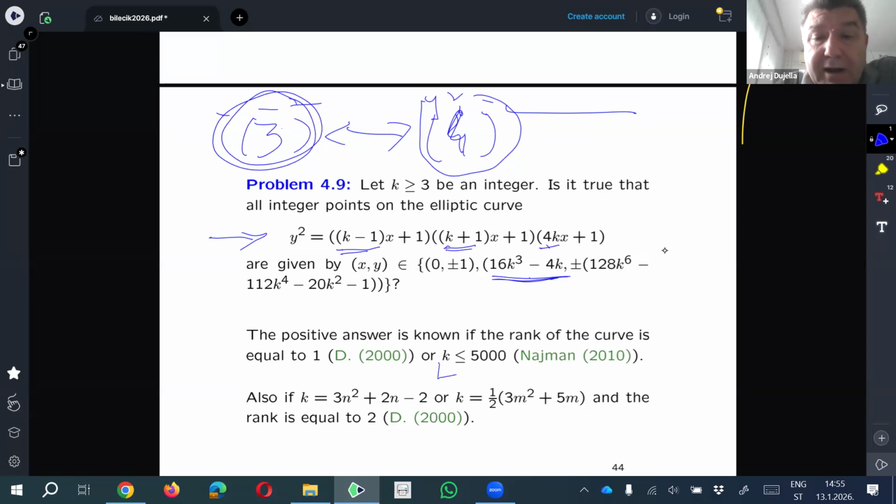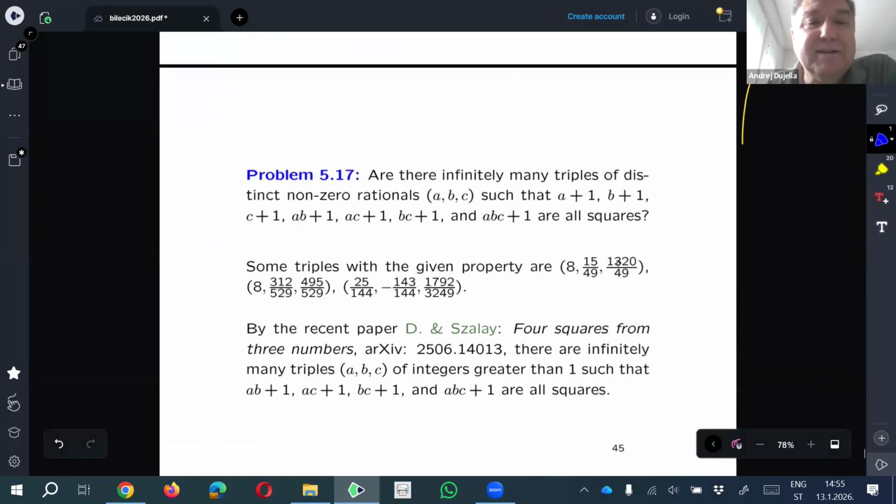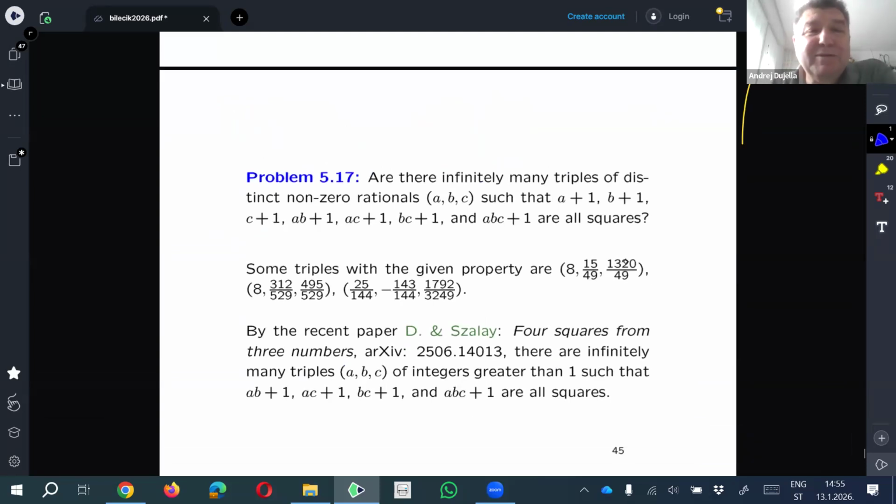Philip Neumann made some systematic consideration without an assumption on the rank. So in this range, there are no other points, but whether this is true for any k remained open. And my last problem on the list is from chapter 5, problem 17,